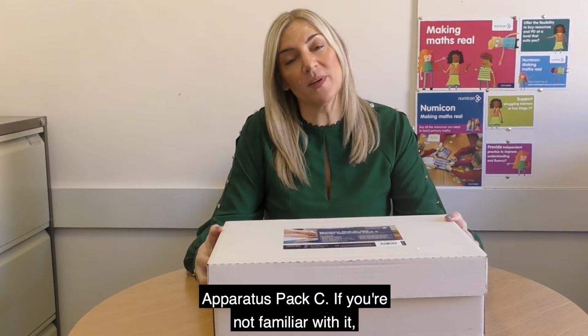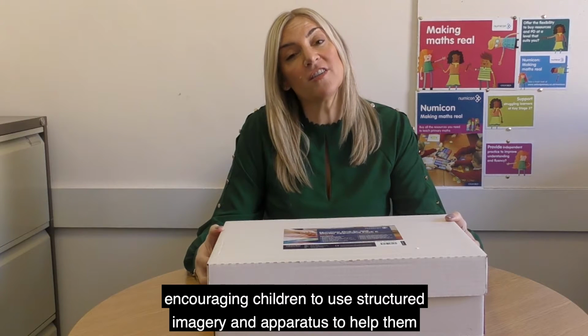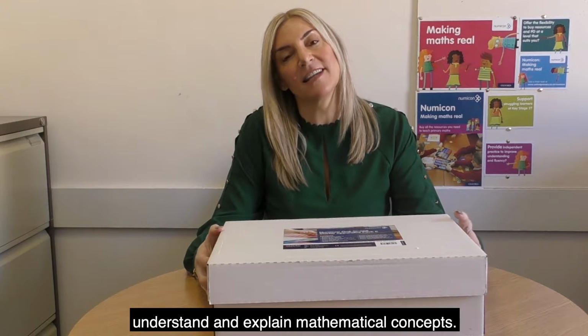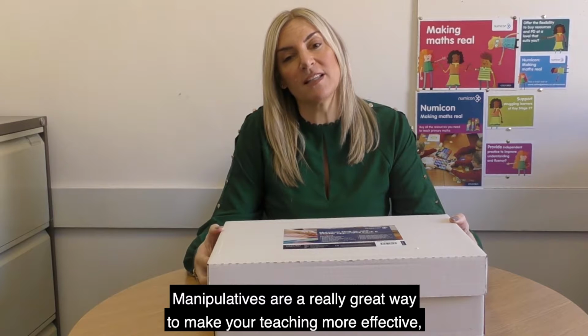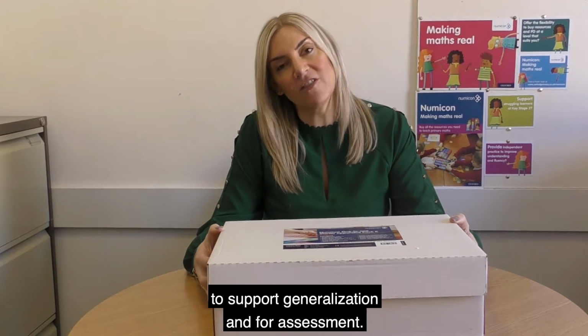If you're not familiar with it, Numicon is a maths programme that's based on a concrete, pictorial and abstract approach, encouraging children to use structured imagery and apparatus to help them understand and explain mathematical concepts. Manipulatives are a really great way to make your teaching more effective, including teaching for understanding, to support generalisation and